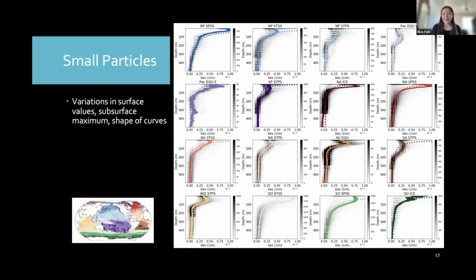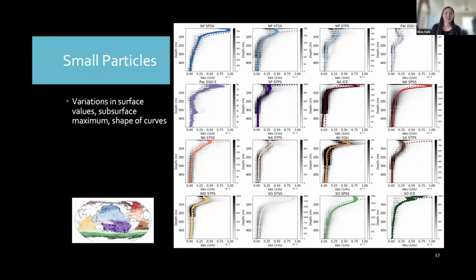And it's kind of a lot to take in a shorter talk, but you can see that there are definitely differences between biomes where we have variations in the magnitude of the small particle. Sorry, this is the small particle figure. Small particle values, where we see higher values in the higher latitudes where there's more productivity and generally larger phytoplankton community. The depth at which this kind of subsurface maximum appears is different between the different biomes, leading to different